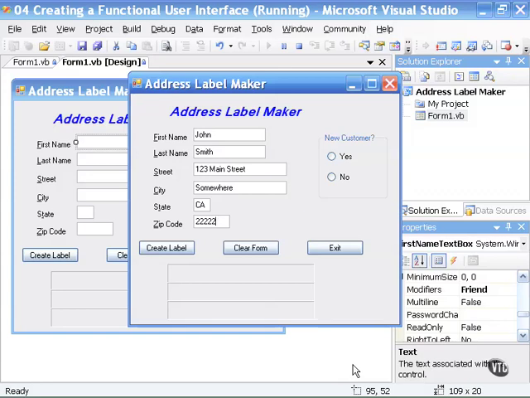Now we will further modify our address label maker program to include some radio buttons, and we'll see how you can write code to interact with those radio buttons. As you can see, I've entered some data for our address label maker program, and as we know from previous movies, we can click Create Label, and that will create the mailing label